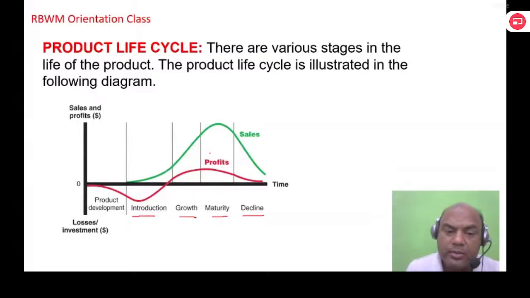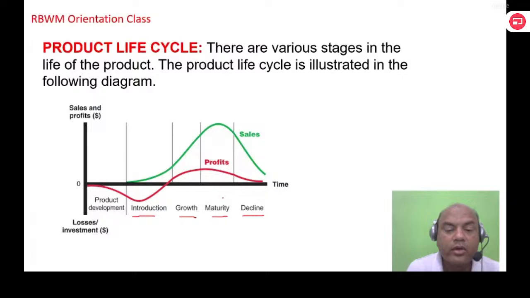Okay, all the products don't go through these phases. Now we also see in our life, it's a bad thing, but many of the young guys have accidents. So they don't go into this decline and maturity phase. At a growth stage only, many of us die. Some of us live up to this decline part, right? So similarly, products also have the same thing. Some products go from introduction directly to decline. They don't go to growth or maturity. Some products grow from introduction to growth to maturity to decline. Some products don't go through maturity.